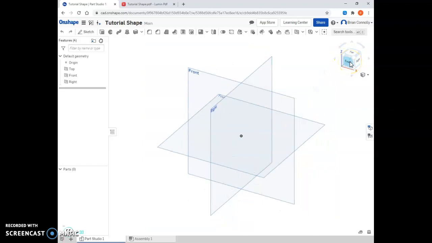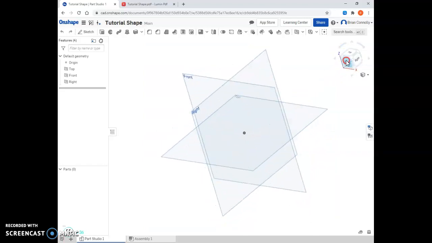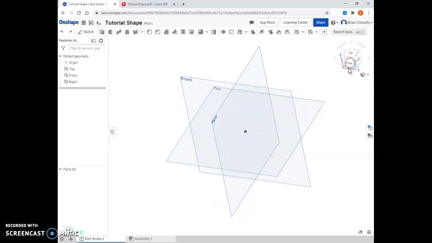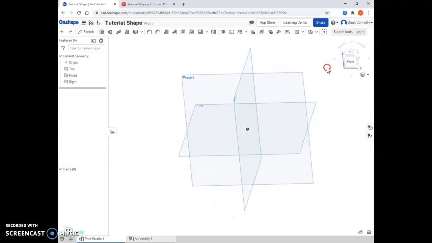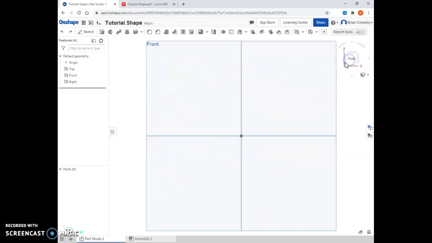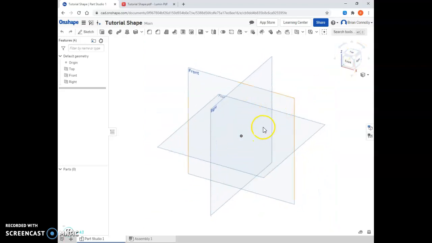If I click on the right mouse and drag, I can change those views a little bit differently than just straight on or this kind of isometric view. Up here is the toolbar, and these tools will change based on the tools we're using. And so I'm going to start with, as with all parts,